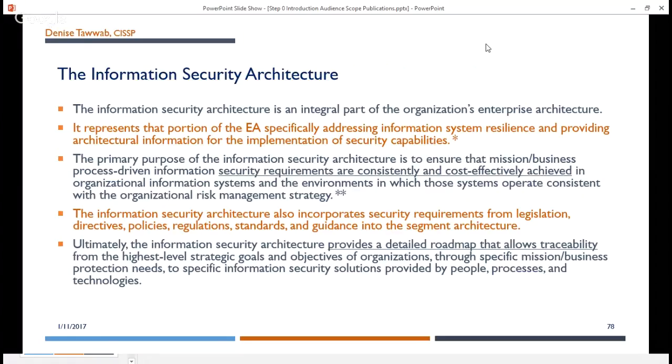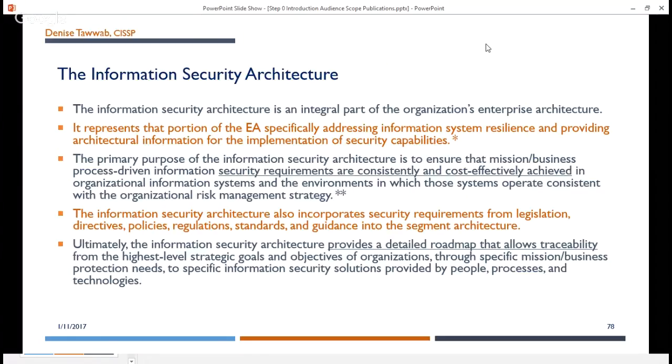The primary purpose of the information security architecture is to ensure that mission business process driven information security requirements are consistently and cost effectively achieved in information systems and the environments in which those systems operate, consistent with the organization's risk management strategy. The information security architect also incorporates security requirements from legislation, directives, policies, regulations, standards, and guidance into